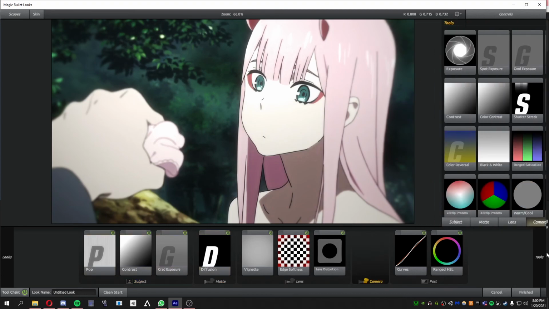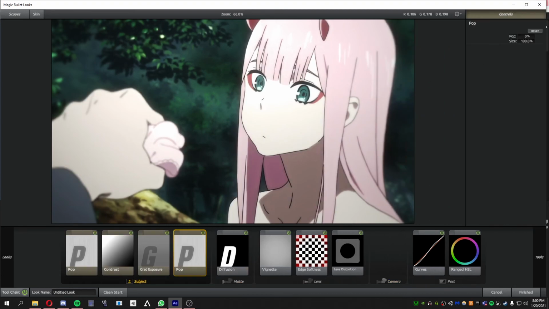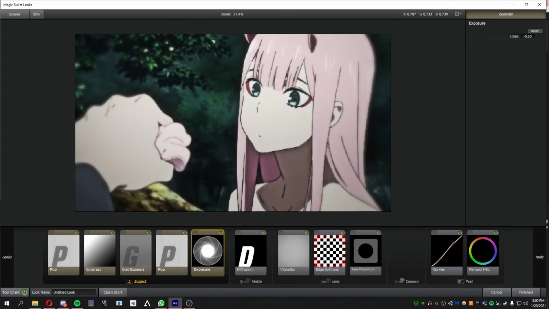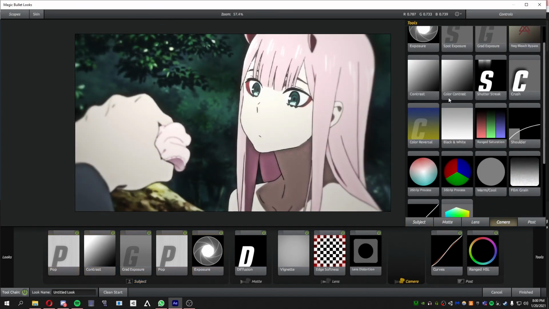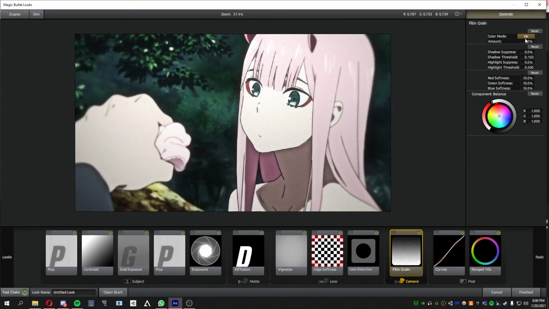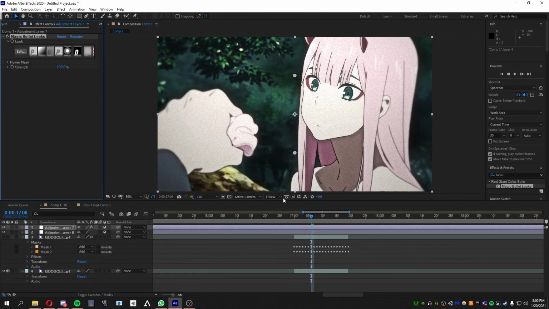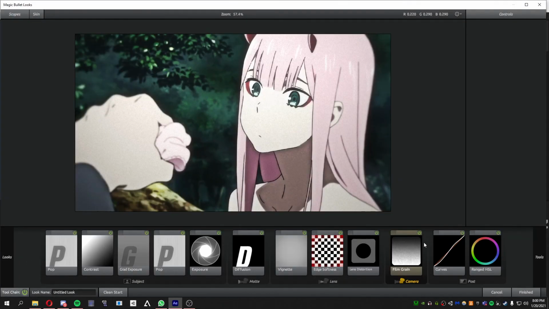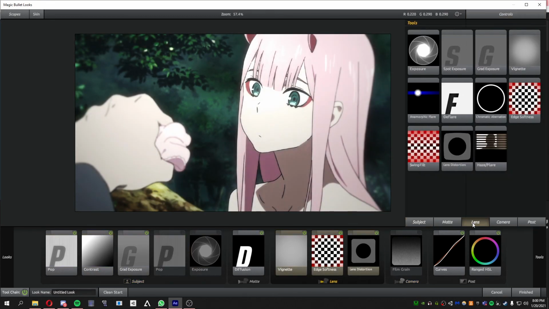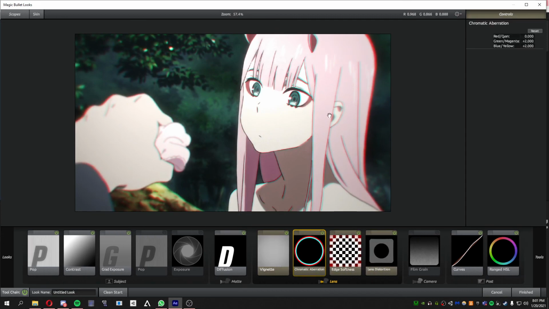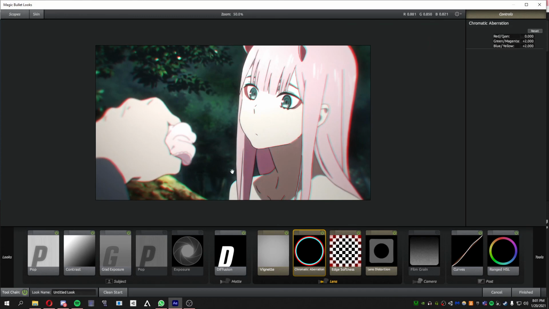If you want to, like I said before, if you want to have a really fucking edgy one, just add 100 pop. Make the exposure lower. You can crush the blacks a bit more. You add a bit of film grain. Make it so you do color off, and you'll have an edgy CC. And yeah, if you want a stylish CC, let's see. For example, you can add some chromatic aberration. I usually just add, do this to place it behind the edge softness, so it still gets softened up. And yeah,